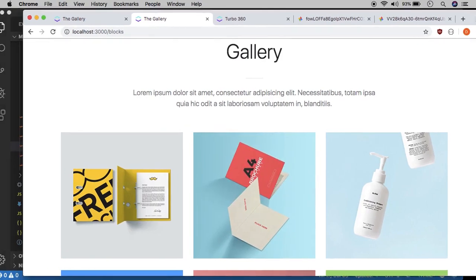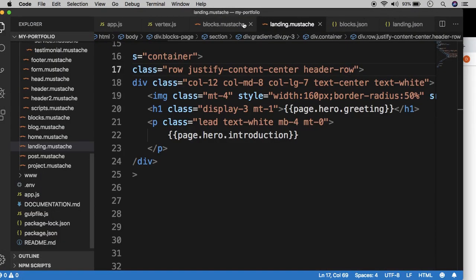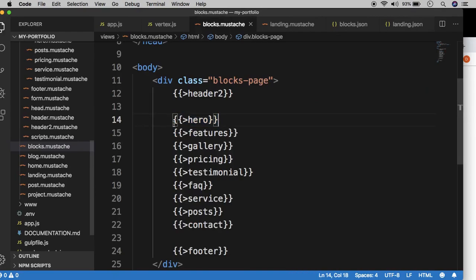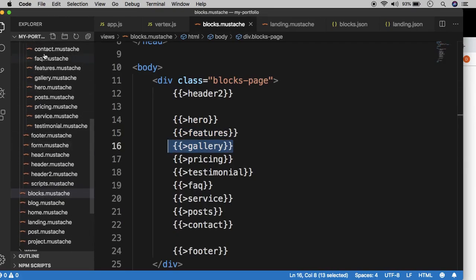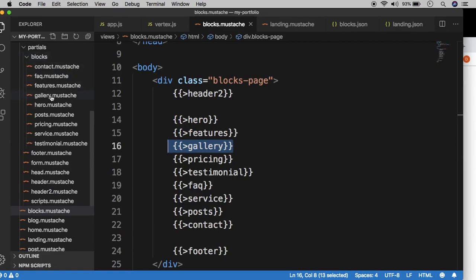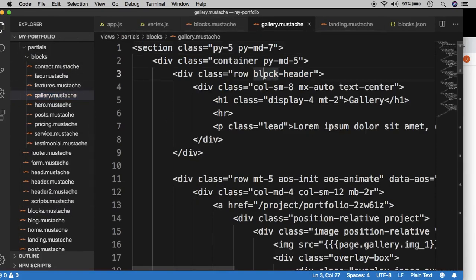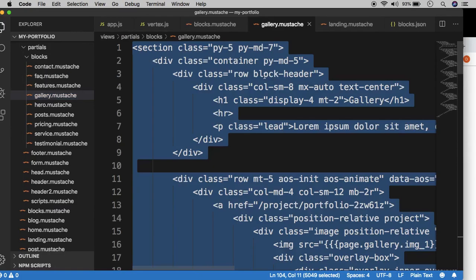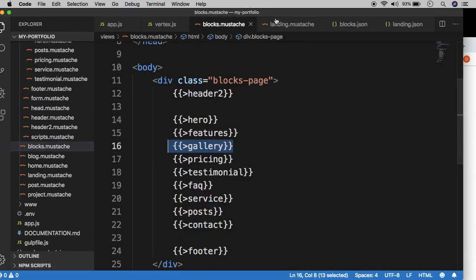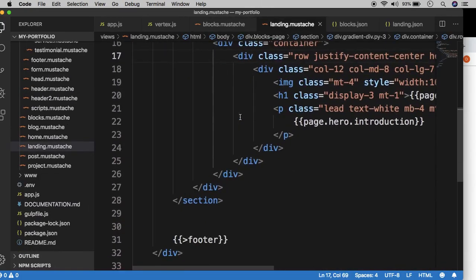So in the blocks template, so the blocks mustache file, we have features, which we skipped entirely, and then we want to render the gallery. So let's head over to the gallery block right here inside the blocks folder, and let's copy all of it. So highlight the entire thing, copy it, and then head over to the landing template